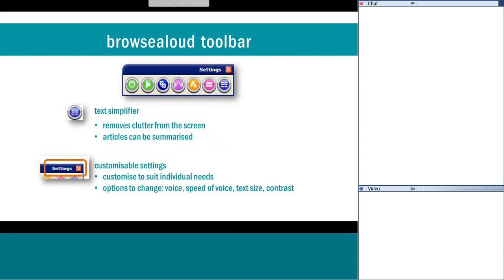And equally, for people with cognitive issues, we can simplify a web page, and I'll show you how a complicated web page can, on the click of one button, be made very simple. We're all made differently, so one size does not fit everybody, which is why we actually have the ability for settings to be set to actually meet your individual needs. So you can pick different voices, you can change the speed of the voice, text size, contrasts, and other features.